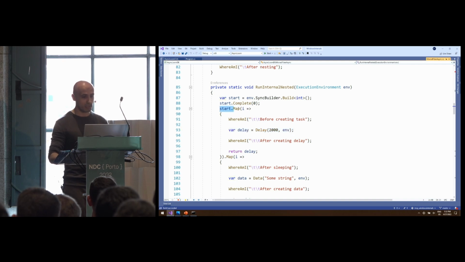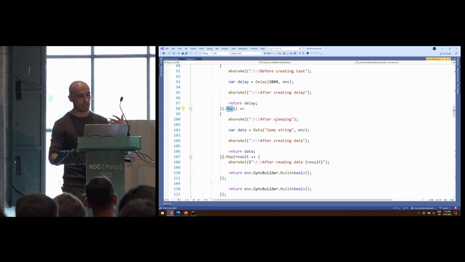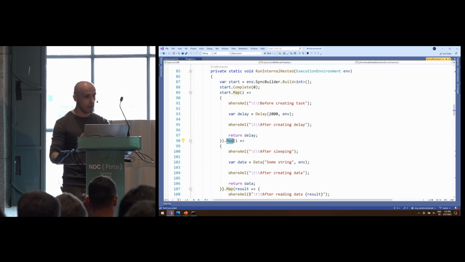We have this box, and instead of using continue with, we use the map function. We name it map. So we have a value, something which is awaitable or sleepable, inside this box, and when it's done sleeping, we have continue with, so it does something with the value, okay? So we wrap this thingy here.